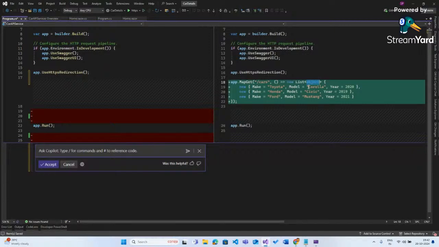So I need to modify the prompt, because the Copilot didn't understand creating a new model called car. So it just created a list of object. So to improve this, what I'm going to do is I'm just going to click cancel and